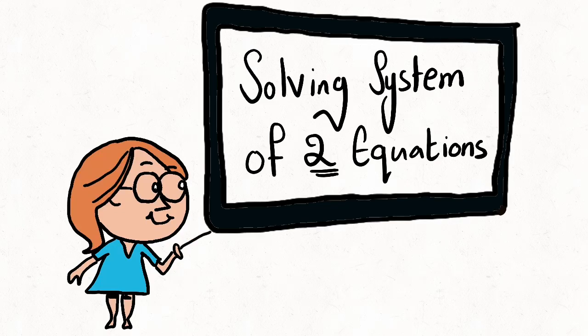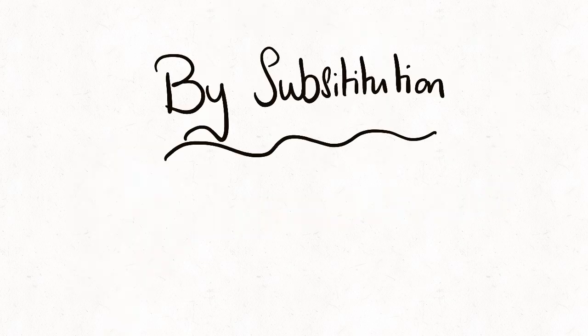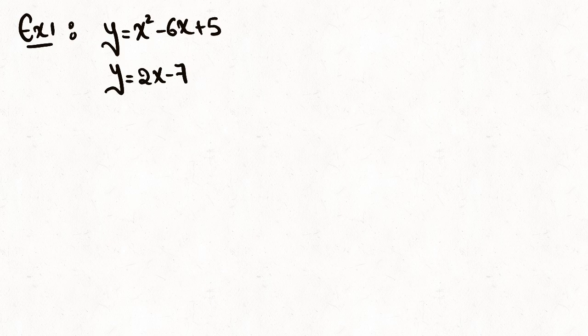Solving system of two equations. Solving by substitution. The first type of substitution, when you have two equations and they start with y equal or